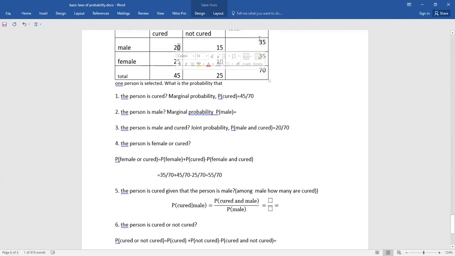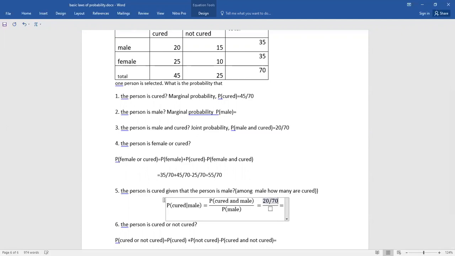But how can we apply the conditional law? The selected person is cured, given the selected person is male. So cure given male: we have to write probability of cure and male divided by probability of male. Cure and male from the total is 20 over 70, divided by the marginal probability of male, 35 over 70. If you do this, you will get 20 over